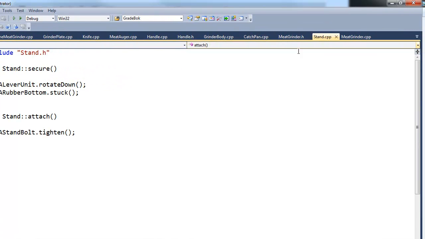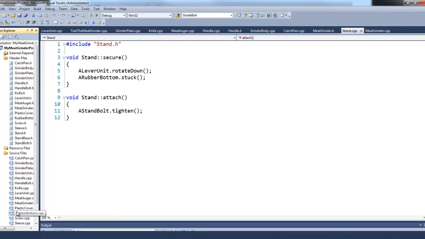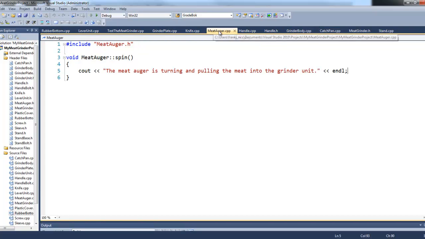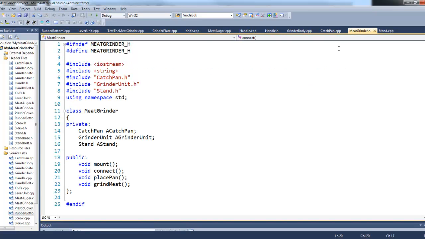Then going back to the stand, the next function is in the rubber bottom, and that function is called stuck. And if we go to that function definition, is where we see out that the stand is secure. Then going back to the meat grinder,